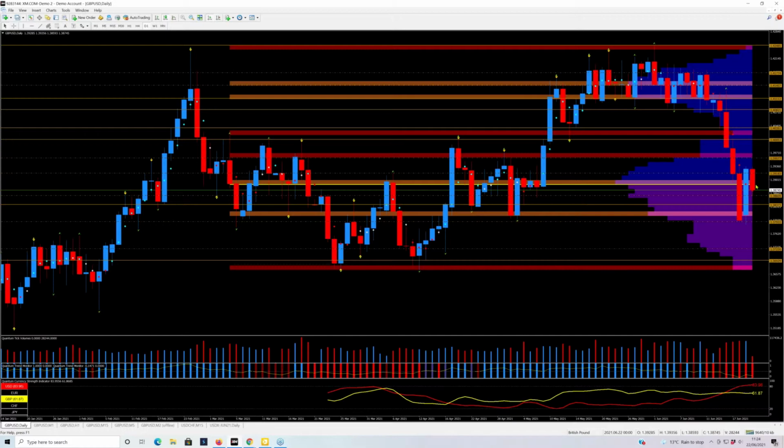Now that doesn't matter as long as the range of the candles that we have in a congestion phase, like we have here and here and here, is going to be enough to give us a half decent trade in the faster time frames. When we have very narrow candles in a congestion phase on a daily chart, it makes trading in the faster time frames, I'm not saying impossible, but very, very difficult. So we're back in congestion, but there has been a bit of a down move.